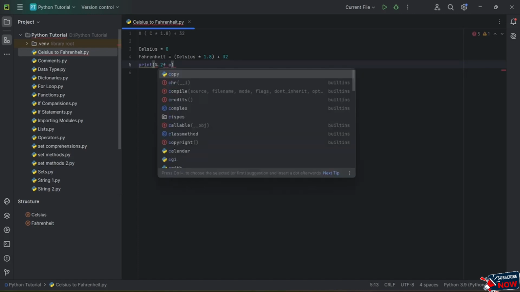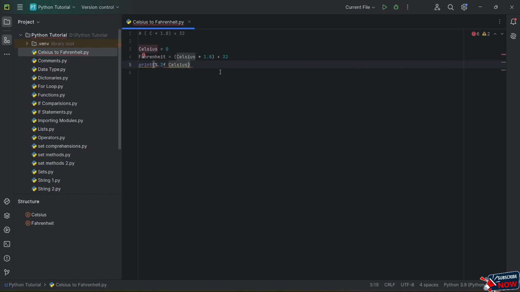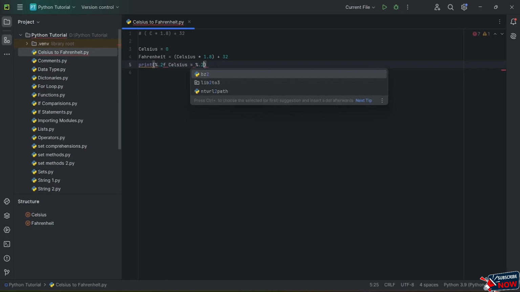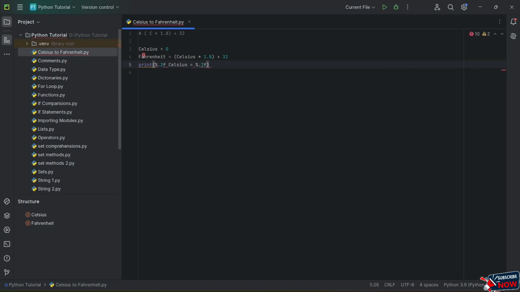Next I am going to mention the first variable, so I will put the first variable equals to, and type out the same thing. I will put the reminder sign dot 2f, and again right over here I am going to type Fahrenheit,